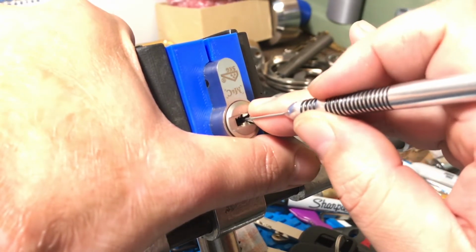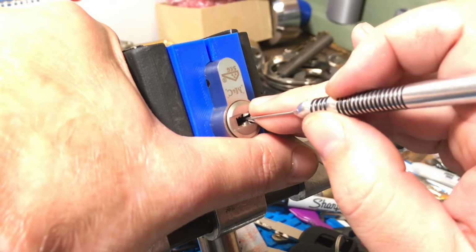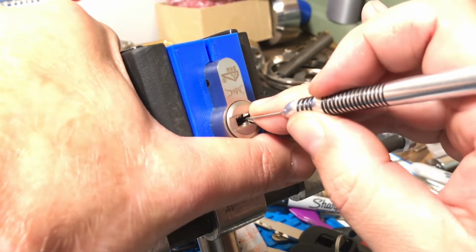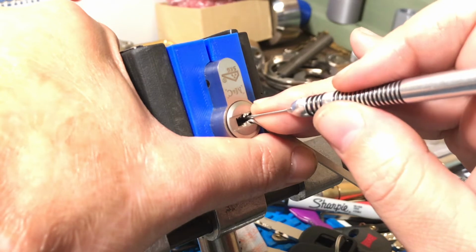1, 2, let me make sure that tensioner's not binding against the core. Here we go. 1, 2, 4, 5,